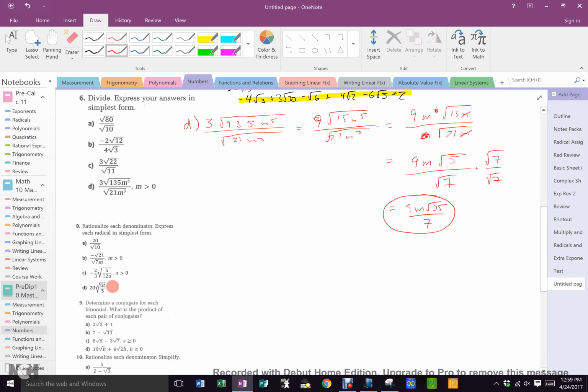Rationalize all these denominators. Again, you just multiply by the bottom because these are all the same. So this is going to be, you're going to multiply by root 10 over root 10, root 7m over root 7m. Now I'm going to do these two because they're tricky because they're fractions. So that is the same as negative 2 root 5 over 3 root 12u. So I got to multiply by root 12u over root 12u and get negative 2 root 60u over